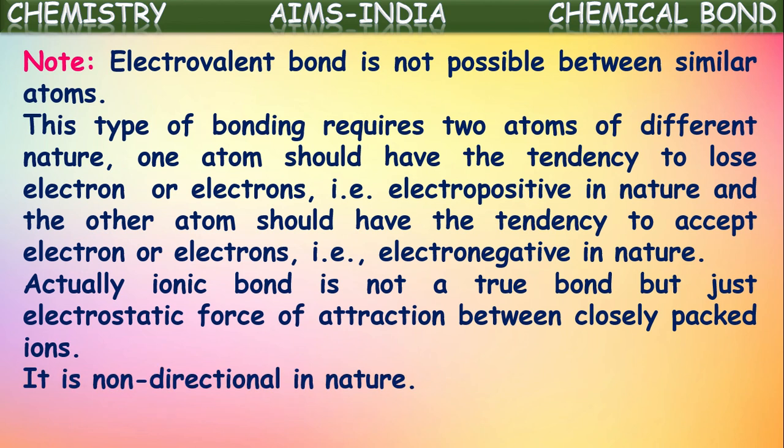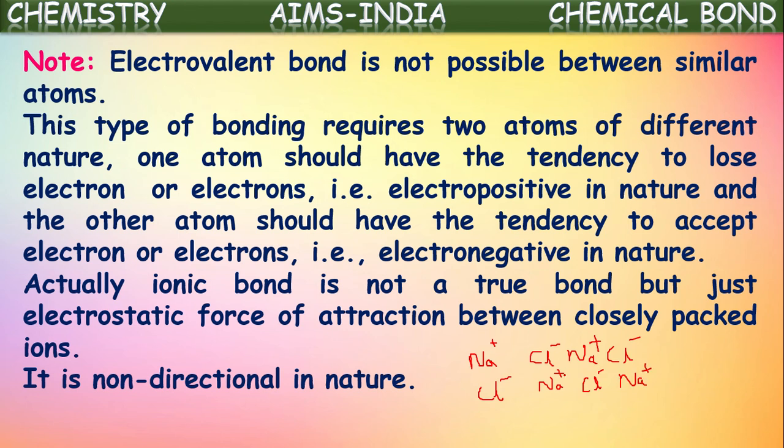If you take the example of sodium chloride, we say sodium loses electrons and forms Na+ ions, and chlorine gains electrons and forms negative ions, that is Cl- ions. In this way, so many positive and negative ions are formed. Between all these ions, there occurs attraction from all directions. These attractions we call the ionic bond, and hence it exists in solid form because all of them are bound together.